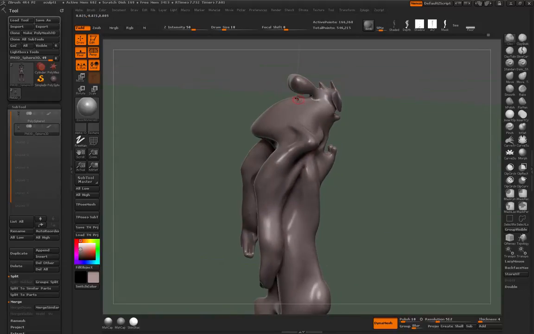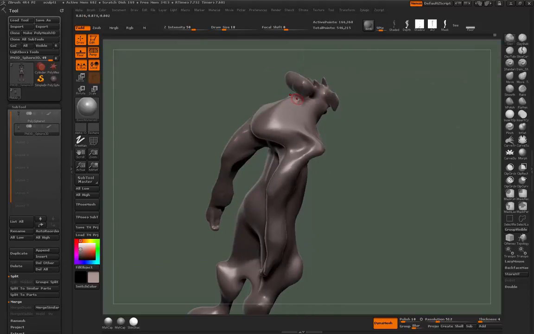I'm going to need some real support up here as well. I need some kind of anchor